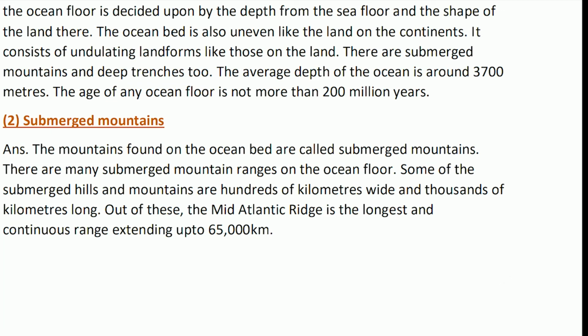Submerged mountains. The mountains found in the ocean beds are called submerged mountains. There are many submerged mountain ranges on the ocean floor. Some of the submerged hills and mountains are hundreds of kilometers wide and thousands of kilometers long. Out of these, the Mid-Atlantic Ridge is the longest continuous range, extending up to